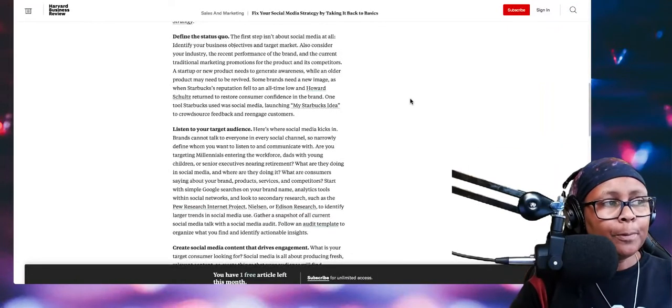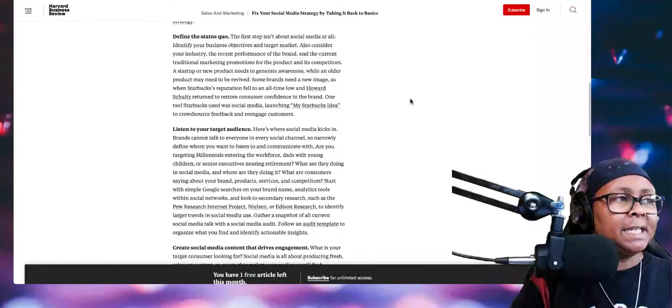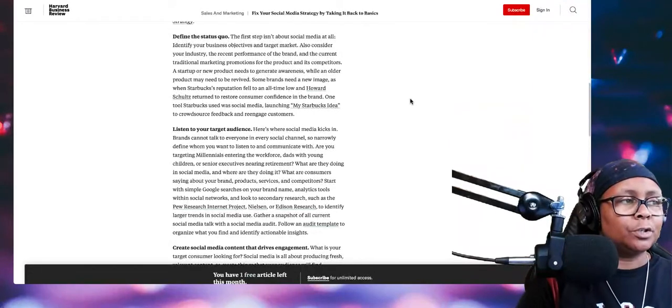A startup or new product needs to generate awareness, while an older product may need to be revived. Some brands need a new image, as when Starbucks' reputation fell to an all-time low, and Howard Schultz returned to restore consumer confidence in the brand.